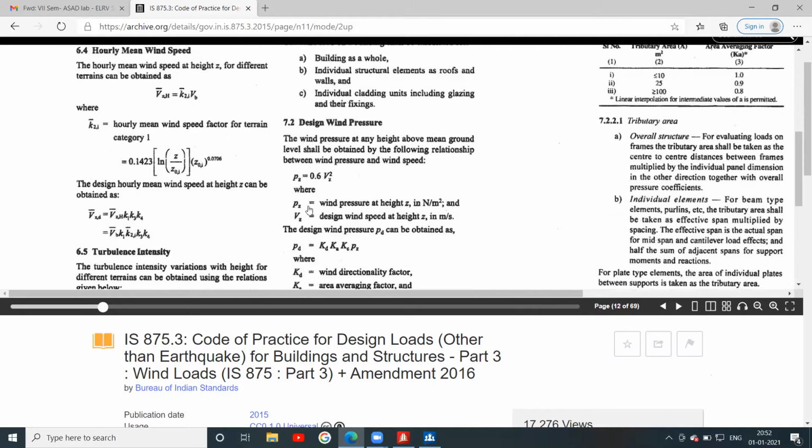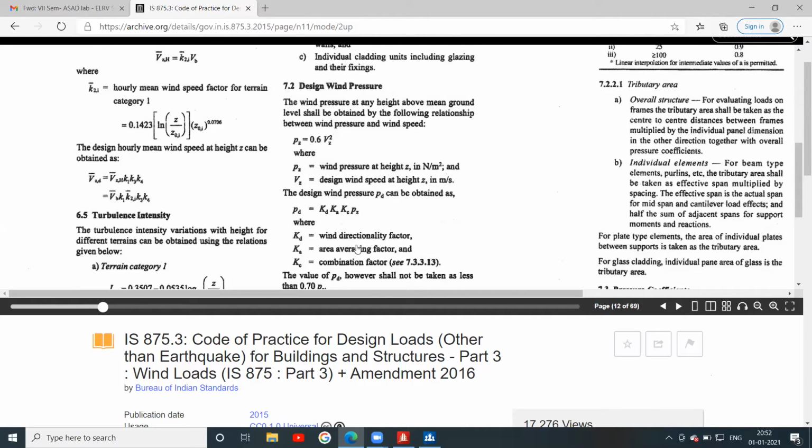Now you have to calculate the wind pressure at any height above mean ground level, obtained by the following relationship between wind pressure and wind speed: Pz is equal to 0.6 Vz square, where Pz is the wind pressure at height z in kilonewton per meter square, and Vz is the design wind speed at height z in meters per second.